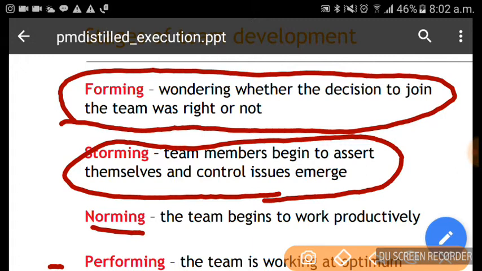And when the team is norming, the team begins to work very productively, then the manager should play the role of a motivator. And when the team is really performing, that is very difficult.